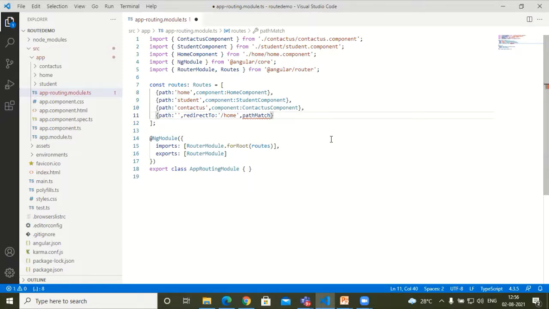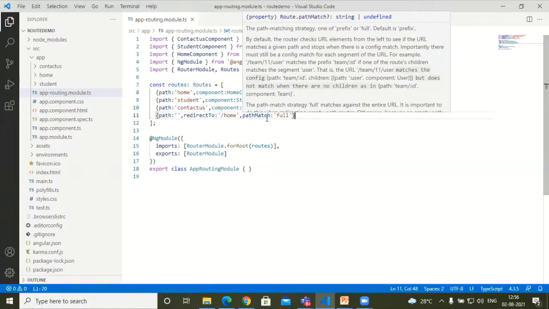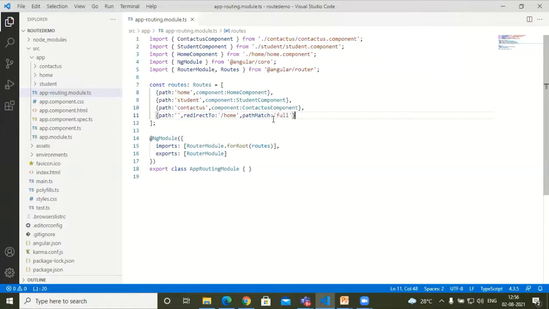So that's why you will be giving pathMatch as full. So this is how we will be redirecting our pages. That much change you have to make in your app-routing.module.ts. But of course, these things need to be followed and checked in your pages.